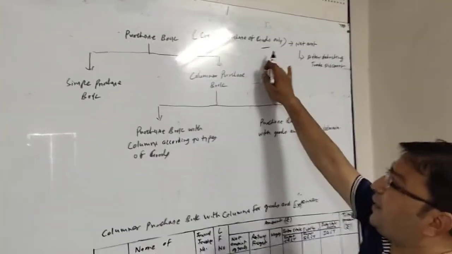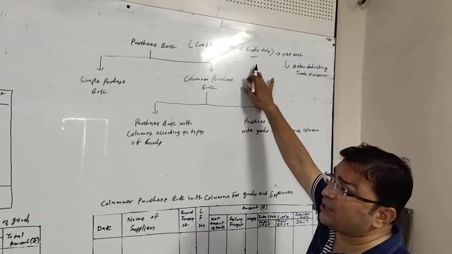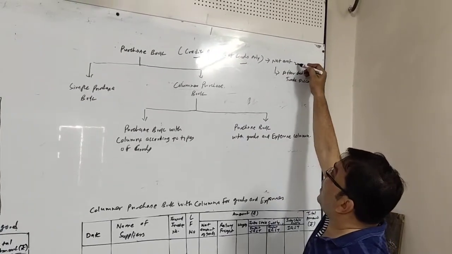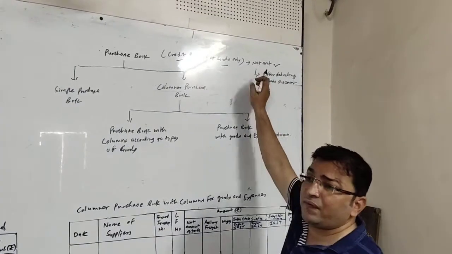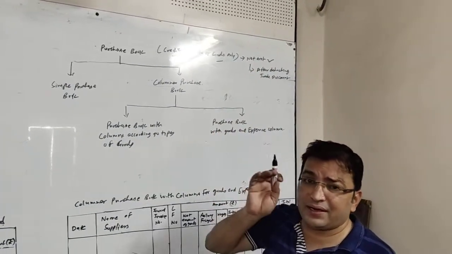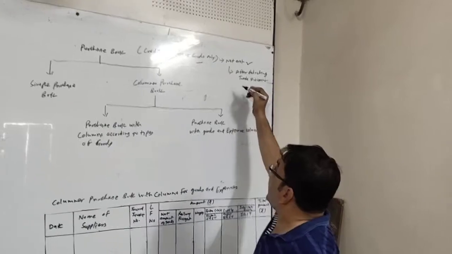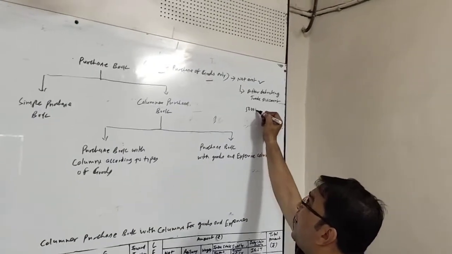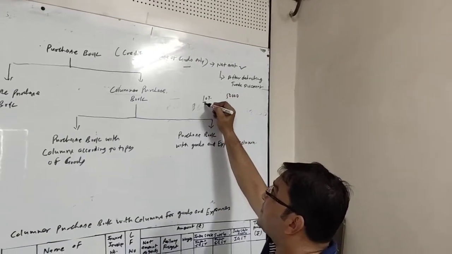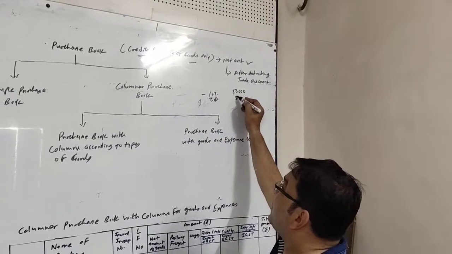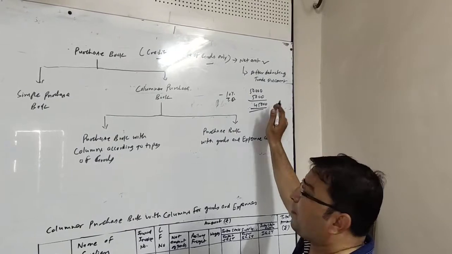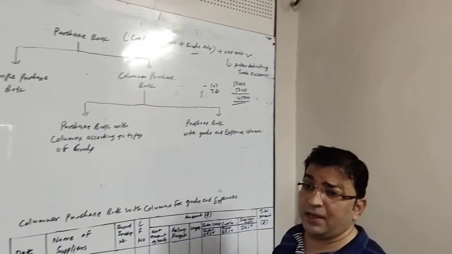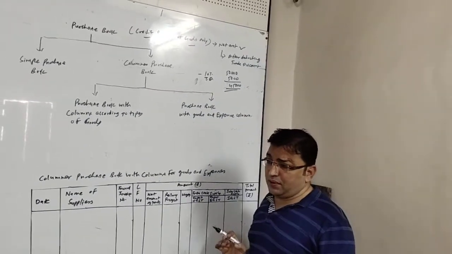Now if we talk about amount, which amount is recorded? The net amount of goods is recorded. What is net amount? Net amount is the amount derived after deducting trade discount. Suppose you are buying goods of rupees 50,000 at 10% trade discount, then minus 10%, 5,000, so 45,000 will be the amount of goods that will be recorded in purchase book.